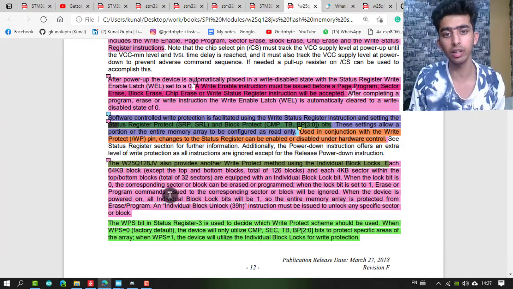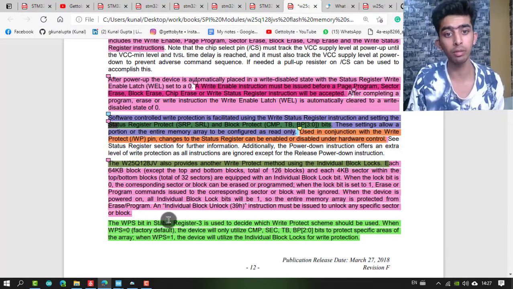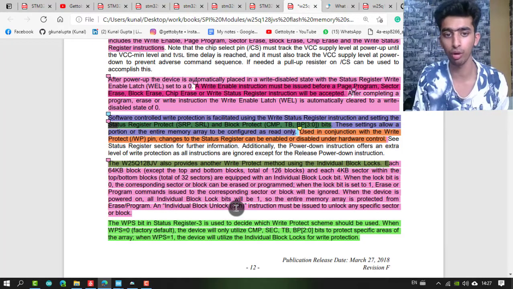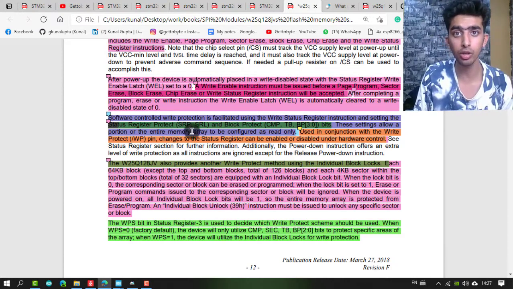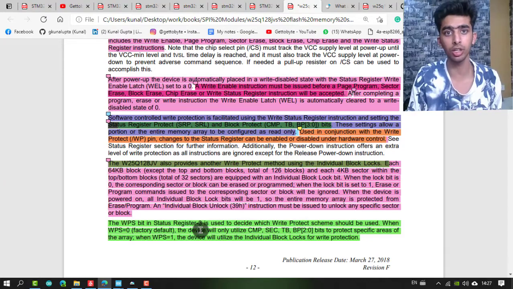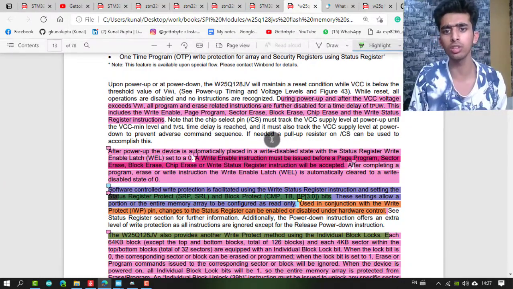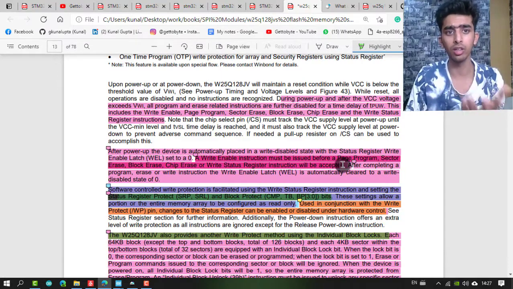For this there is another set of registers that can be accessed by passing the instruction 39H in hexadecimal format. Which configuration we are using depends upon the WPS bit of status register 3. So this is what I wanted to tell you about the write protection features. The rest of the things you can easily understand from the datasheet.